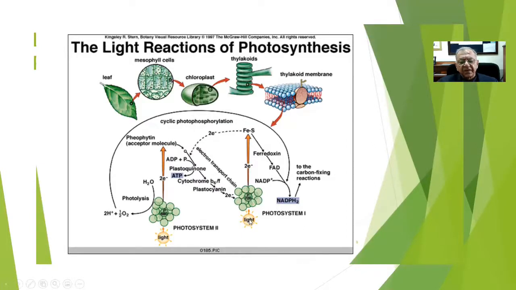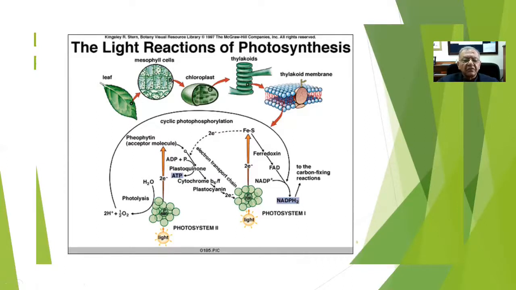and a photon of light will again strike P700, and the electrons will go to a higher energy level, and here you see that they will be accepted by iron sulfur acceptor, and from here they will be accepted by ferredoxin, and from ferredoxin they will go to NADP, and NADP will be reduced to NADPH. So this is the other product that is formed in photosystem 1, and they will go to the light independent